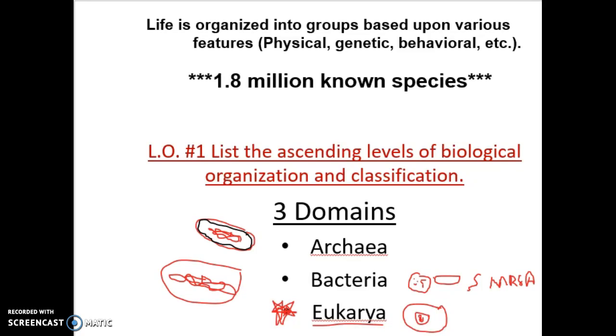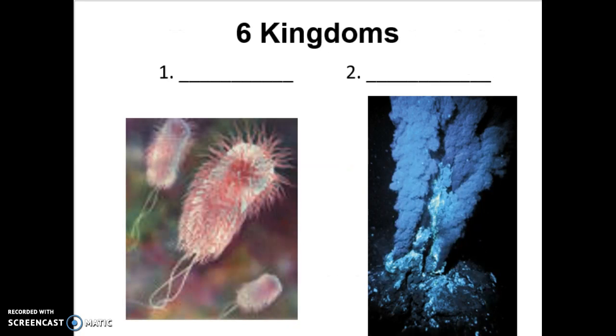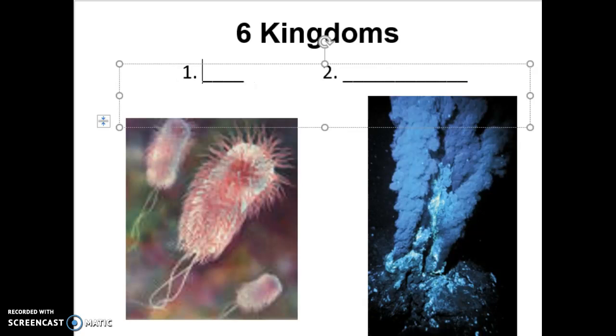What is it? Look at the basic feature. Put it into a domain. Once you've classified to a domain, you then drop down to the kingdom level. Currently, there are 6 kingdoms recognized. Now, when we look at it,